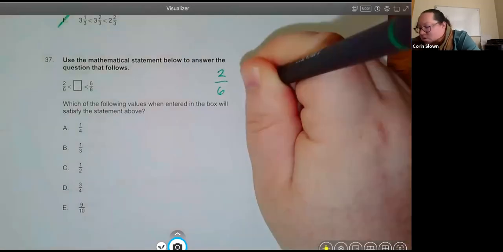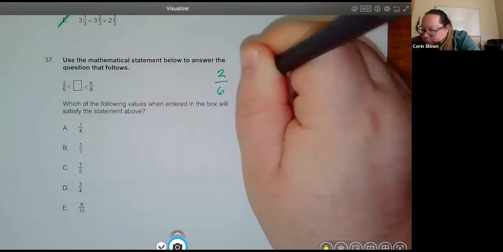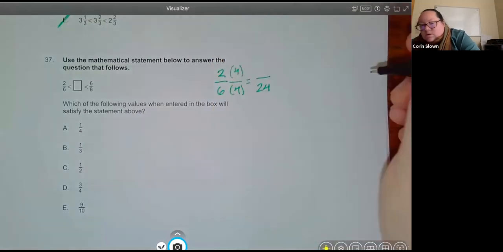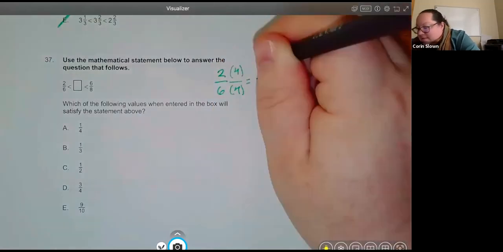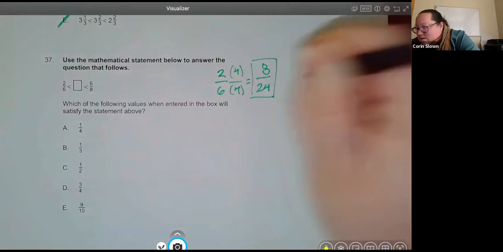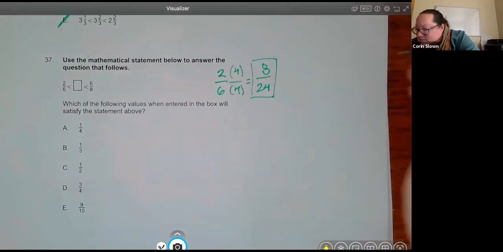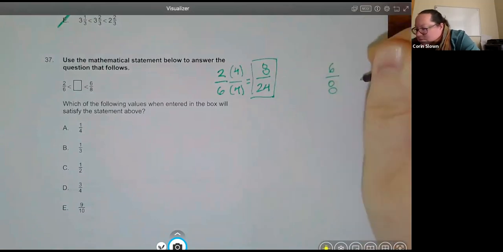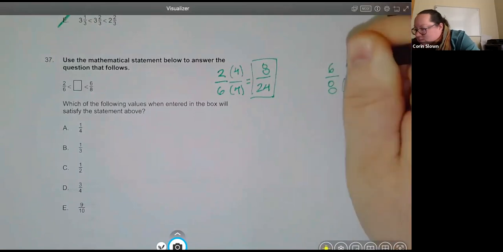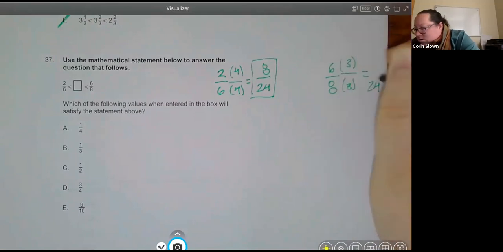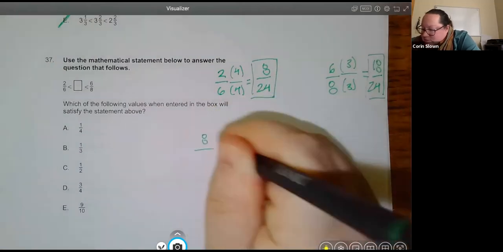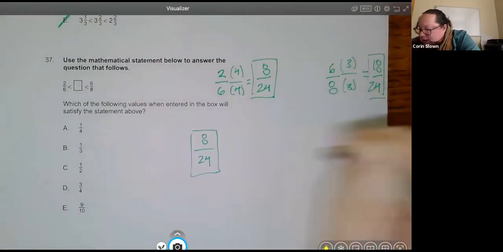If I need to get 24, I'm going to multiply by 4, top and bottom. So 2 times 4 is 8. So I have 8 24ths. And then I have to do that for 6/8. I need 24. So I'm going to multiply by 3. That's 24, 18. So I need a number that is between 8 24ths and 18